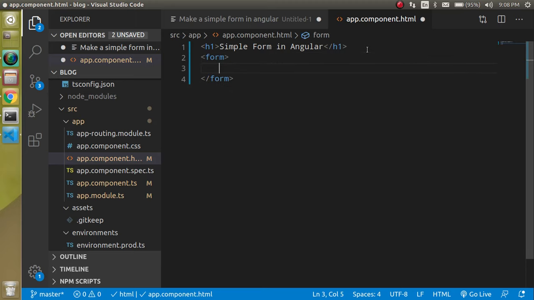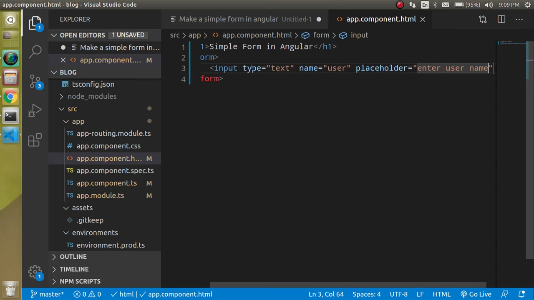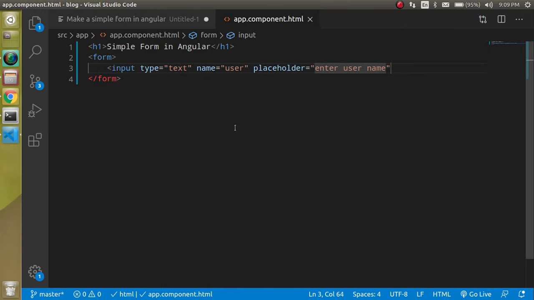Let's define some fields also, like input type can be text, name can be username or whatever. Let's put user. Then placeholder, like enter username. I am going to hide this sidebar so that we can watch clearly on a white space, and we can use a small br tag also so that we can maintain some spacing, right?